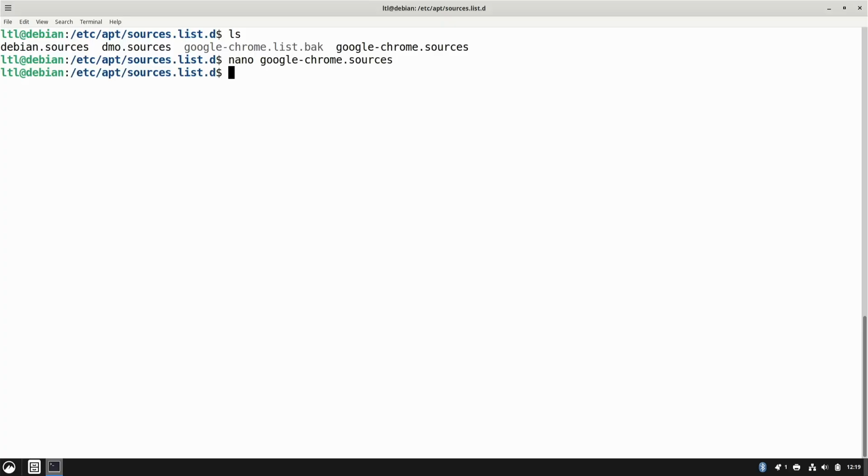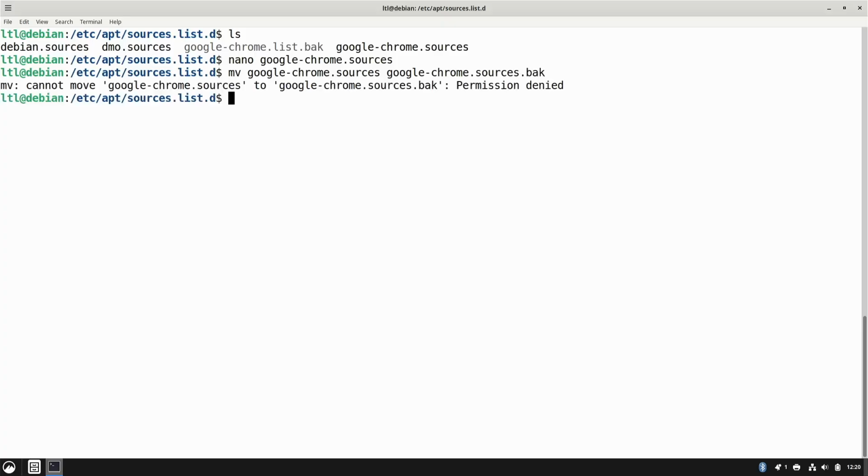Now, let's say you decided you don't want Google Chrome and you want to remove it. There's a couple different ways you can do that. You can just do rm -rf google and hit an asterisk behind it, and it'll remove all of the files. Or, if you might want to come back to it later, since we already have a backup of it, we can delete this file if we wanted to, but that also means you would have to rename the backup and then modernize it again. Or we can just move the sources